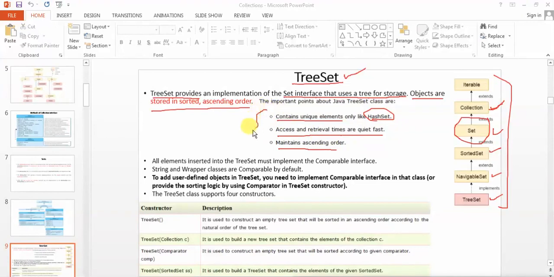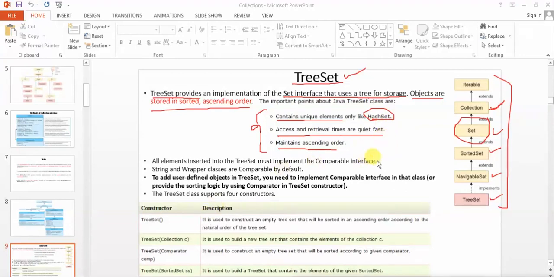From this behavior I can guess, if you are aware of the data structure concepts, that tree set at the back end might be implemented by the binary search tree, because binary search tree also possesses the same properties which are being shown here. I'm not sure, but the properties suggest this thing. That's why it is exhibiting all the properties of binary search tree, if you remember.